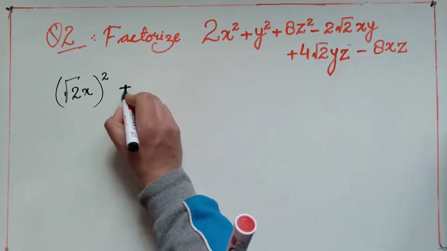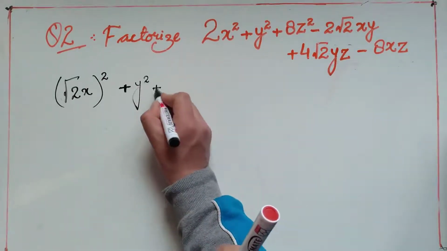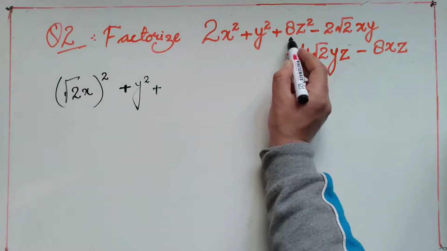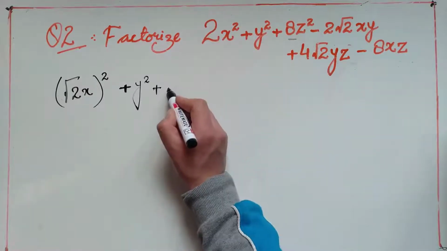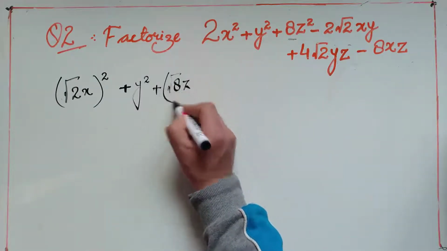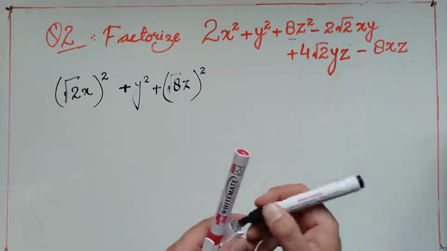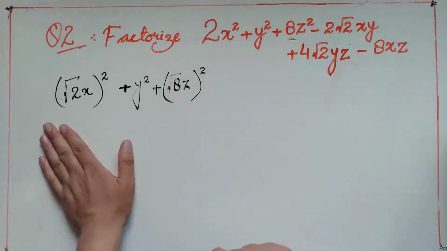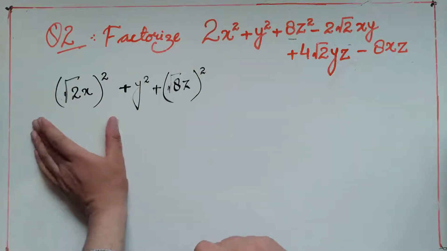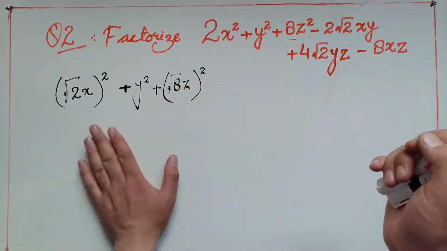Then this is y square as it is, and then this is again az square, which is not a perfect square, so I will have to convert this using the root of 8 and then z and then whole square. Okay, so we are done converting these into perfect squares. So this is a square, b square, c square. Now I want to look onto this. I will just focus on these three terms.